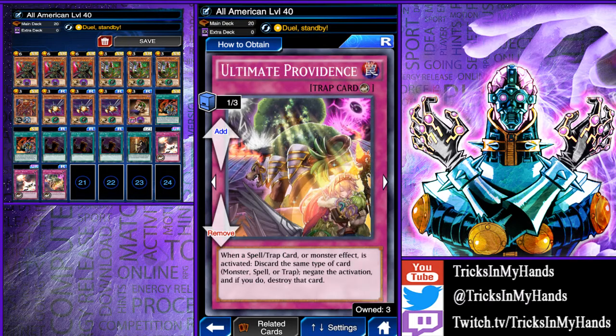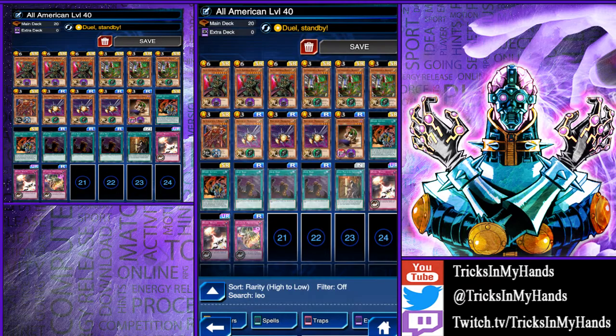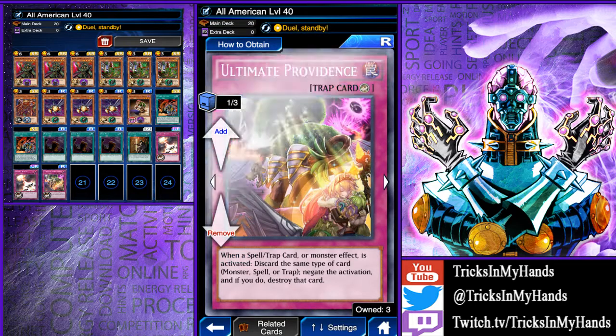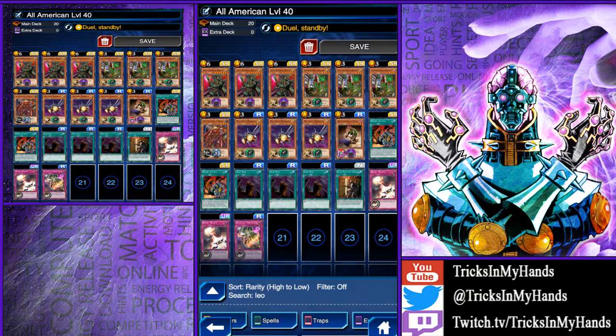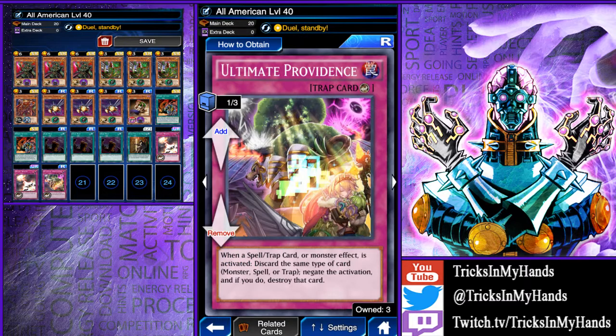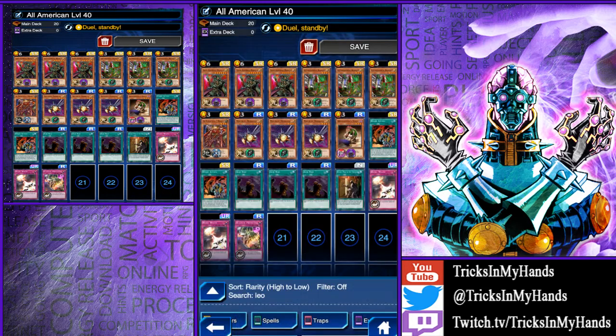Ultimate Providence does the same thing. Because this deck is chock full of effect monsters, we can just discard one of them, and it has the same effect as Divine Wrath. So whatever is more convenient for you. I put 1 copy of it in because I have 2 copies of Divine Wrath, as well as that it's glossy. So the reason why I'm trying to stress glossies to you guys is because the complete base farm